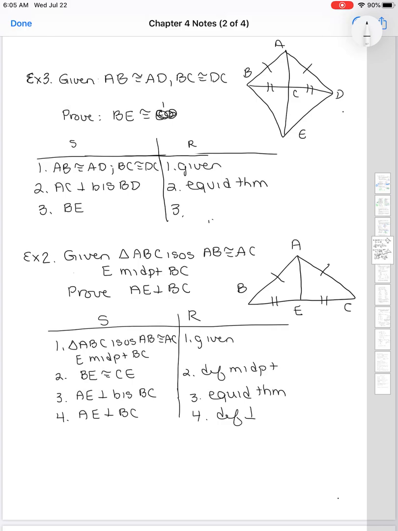But now think, if AC is the perpendicular bisector of BD, then anything that falls on AC would also be the same. So E is on AC. Therefore, since E is on AC, I can actually use both of those new theorems in one. So then I